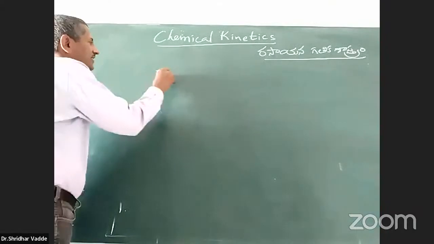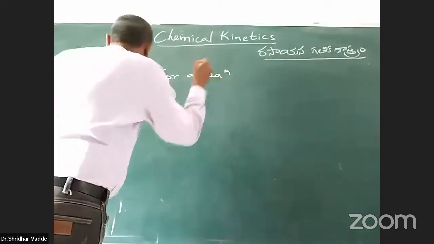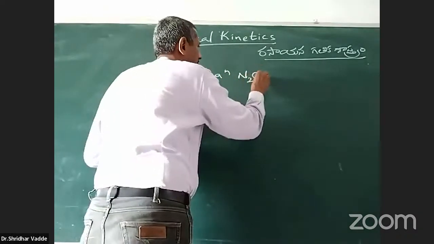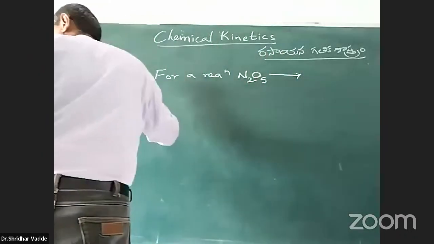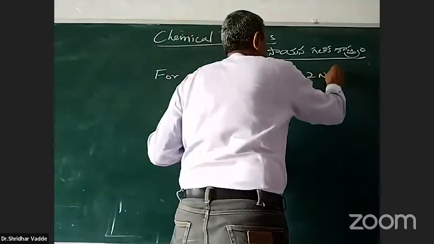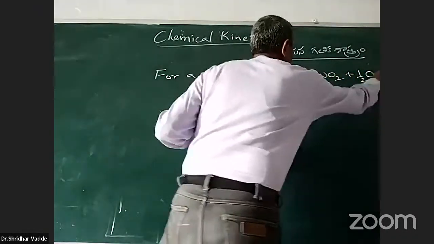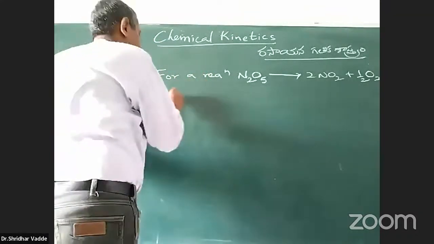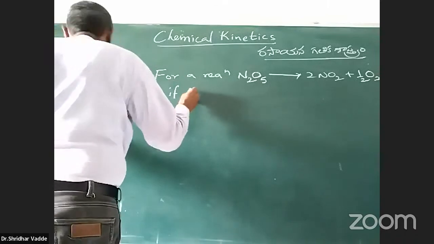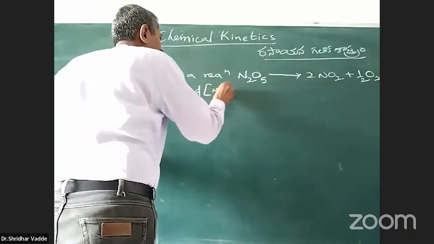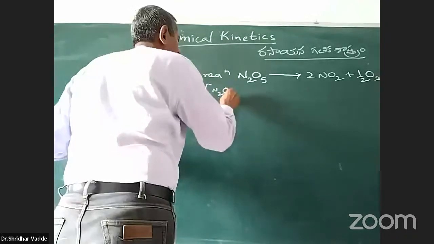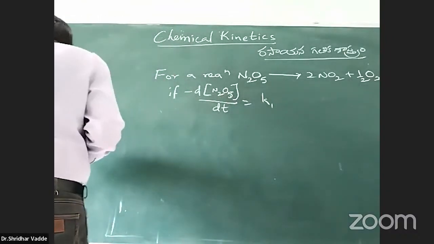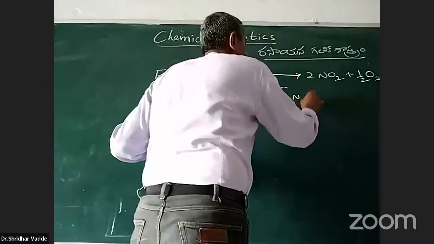For a reaction, N2O5 gives rise to 2NO2 plus half O2. If minus d[N2O5] by dt is equal to K1 into [N2O5] concentration,